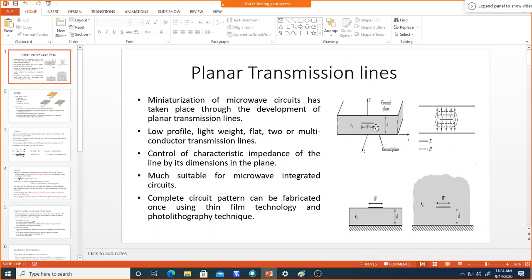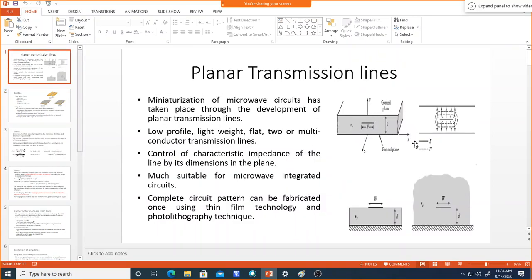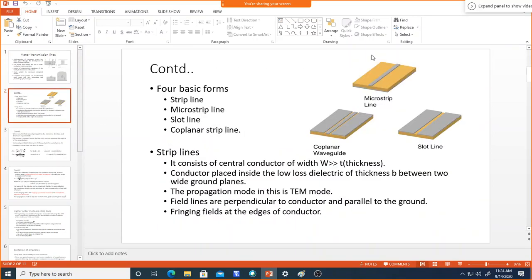So this is an example of a strip line, and this is an example of a microstrip line. There are four basic forms, that is strip line, as I said earlier. So this is a strip line and this is a microstrip line. In the general circuit PCB pattern, the yellow color is the substrate material, and the gray color is the conductive material. It will be on both sides, and wherever it is needed you keep it as it is, and the others you can etch out.